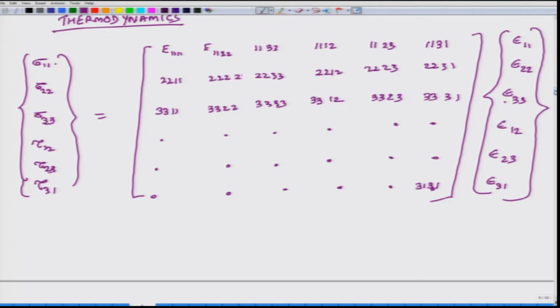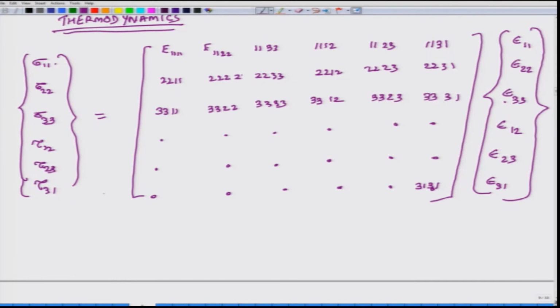Now, based on thermodynamic considerations which are related to strain energy density, and the description and justification for this has been explained in our introductory course, these are overall 36 independent constants. So, these 36 constants come down to 21, because based on thermodynamical considerations, which we are not going to explain, there are further simplifications, and those simplifications imply that this entire matrix is symmetric.